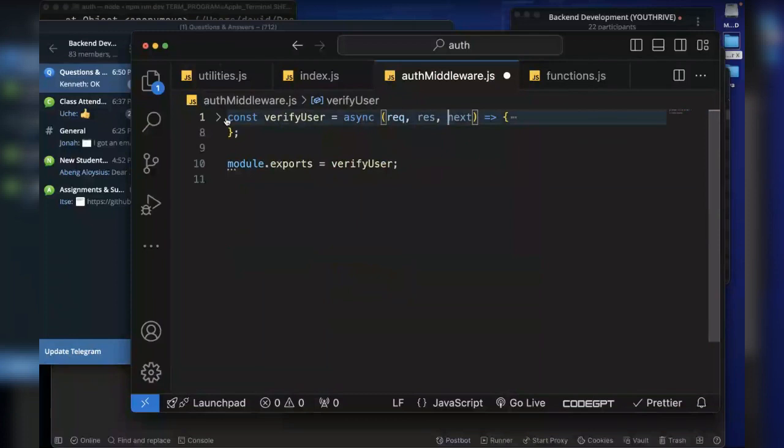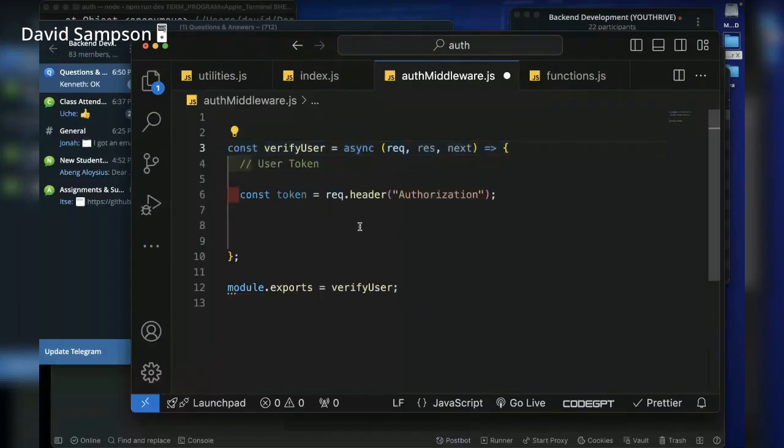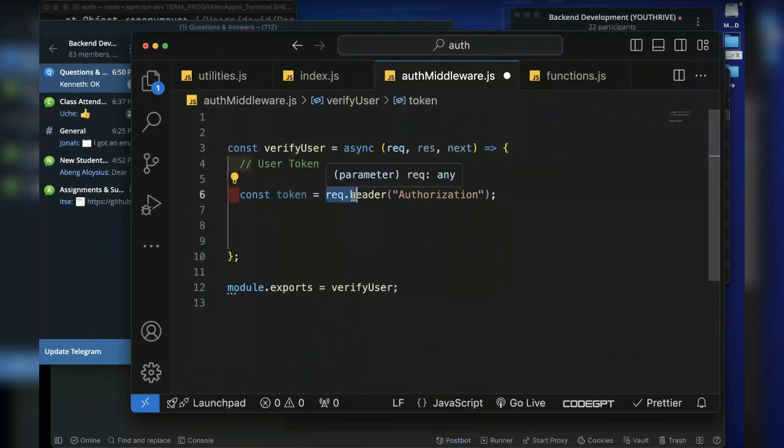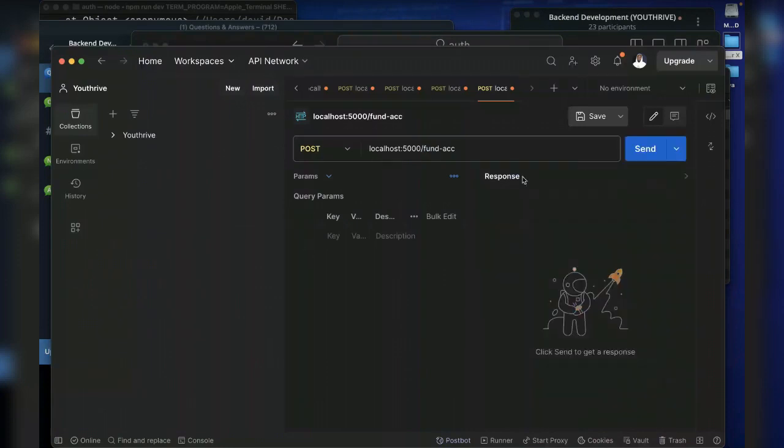So I want to explain what this is, the request. Now we have seen request body, we have seen request params, but we have not seen the request header. So the request header is a part of the request, the head of the request. The head of the request comes with so many things. For example, if you come to this, what is it called? Postman,